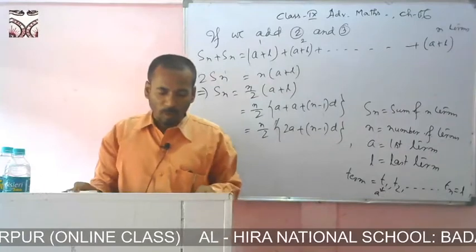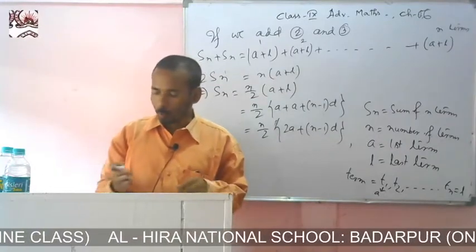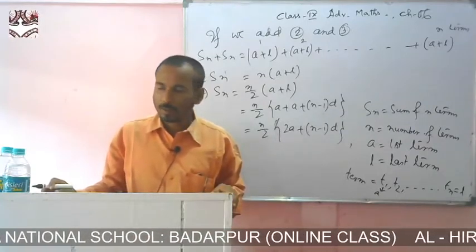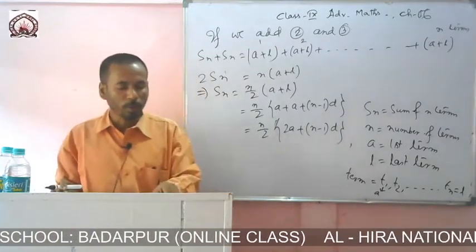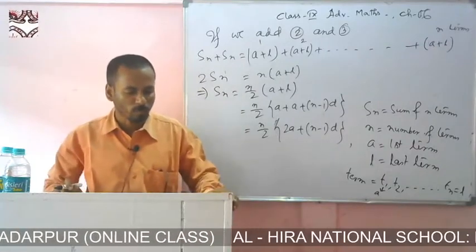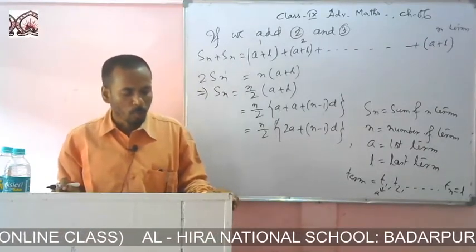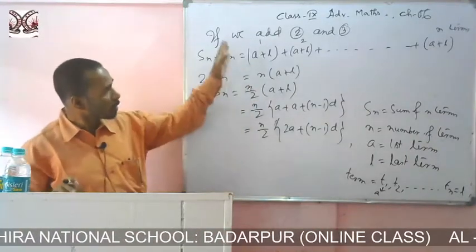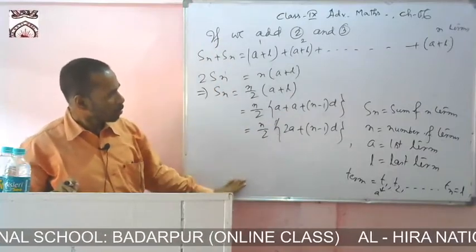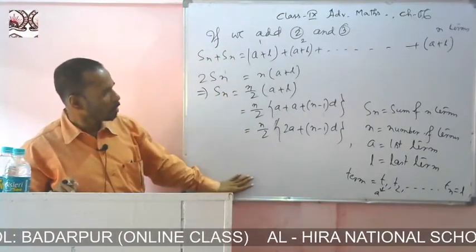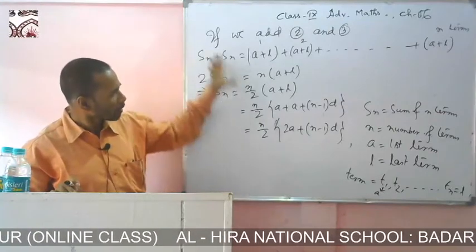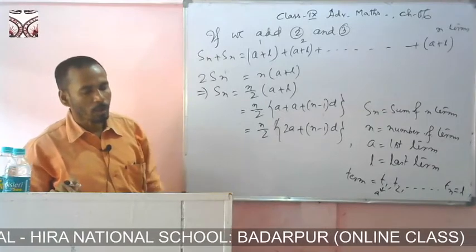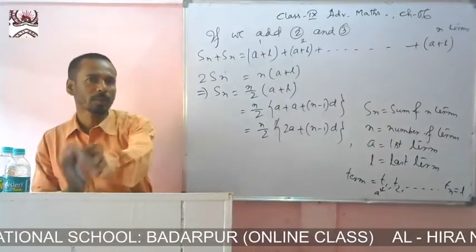And this one is your exercise 6.2. We will start exercise 6.2 now. Exercise 6.2 is: choose the arithmetic progression from the following sequences. First one is given 4, 8, 12, 16, 20. So these things are very important. Before starting the exercise, you must review them yourself. Okay. Now exercise 6.2. I am erasing this.